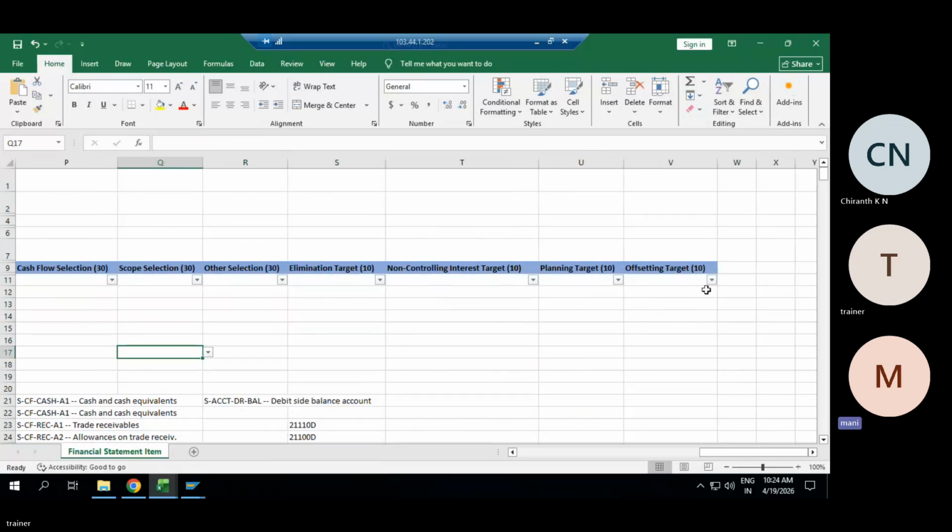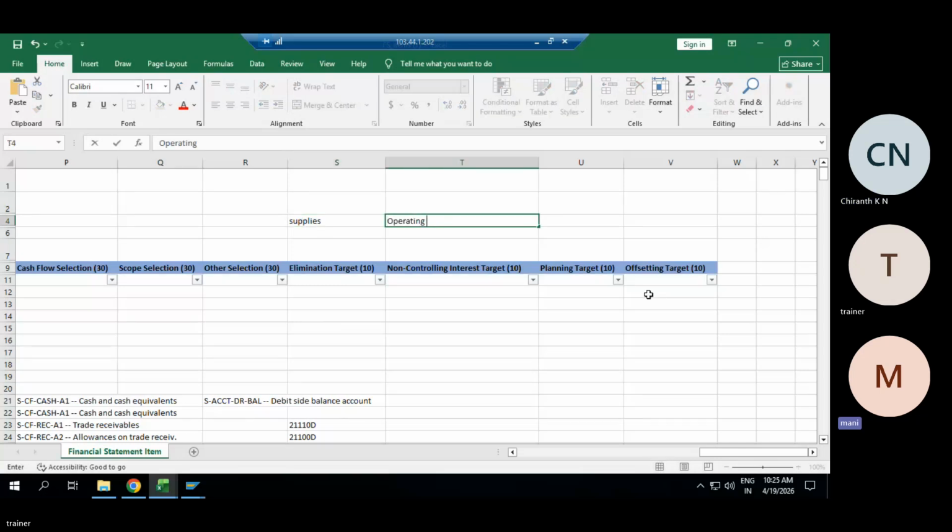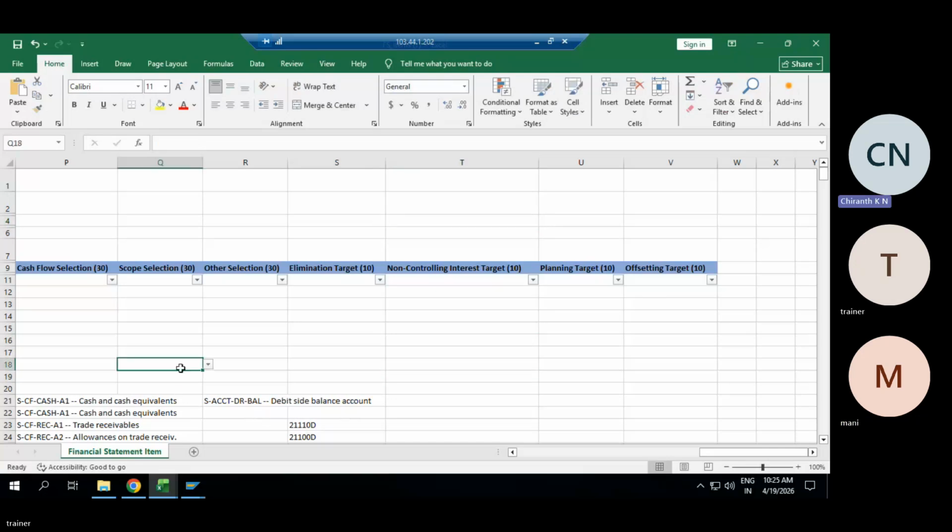Suppose we are doing some reclassification. Currently this is appearing in your operating expense, some supplies expense, and you want to reclassify it as operating expense. Then you can mention offsetting here. One could be your eliminations, and the other could be that you are trying to offset that value. Offset means reversing?